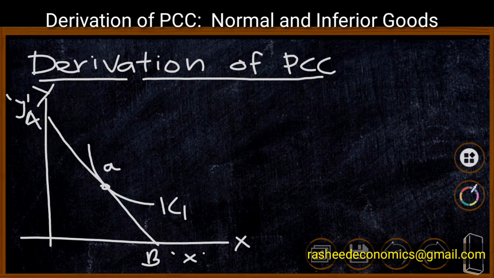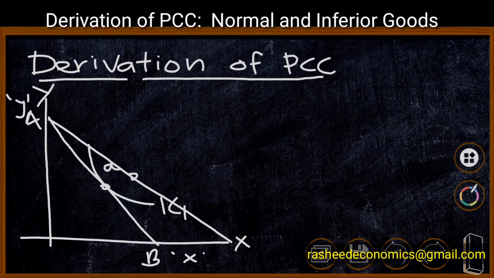Now suppose the price of product X falls or decreases. In such a situation the consumer will be able to purchase more X. That can be represented with a new income price line AB1. Initially he was able to purchase only OB amount of X. Now he can purchase more X because the price of X has decreased, but the amount of Y that can be purchased remains constant because the price of Y is constant.